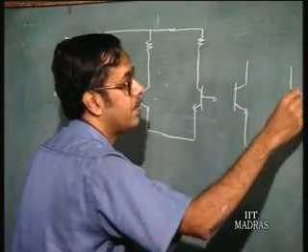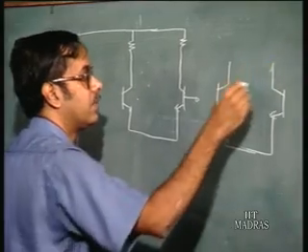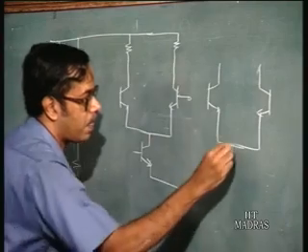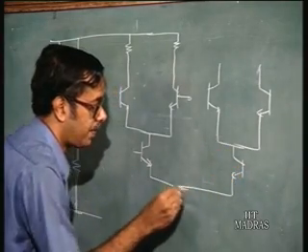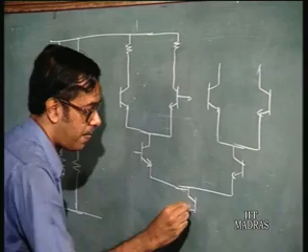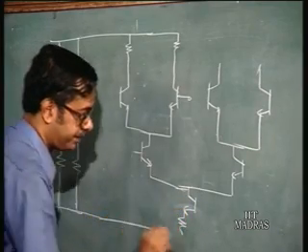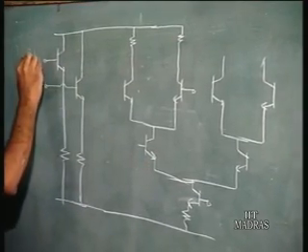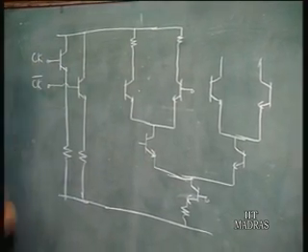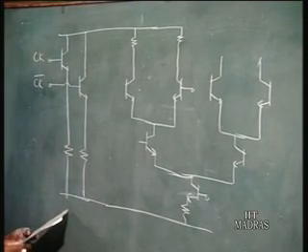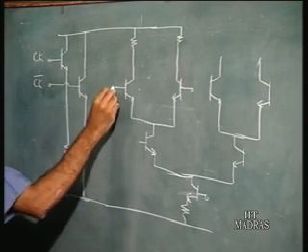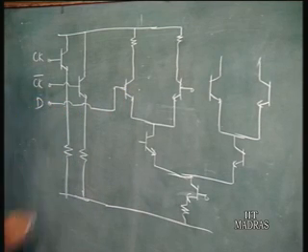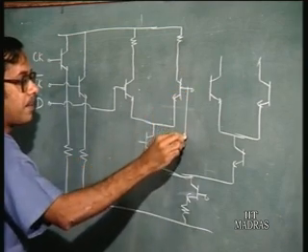You have two sets of emitter coupled transistors, and in the lower stack another emitter coupled structure, and here you have a current source, and these are the clock inputs, clock and clock bar, and here one is the D input, and the other is the reference voltage